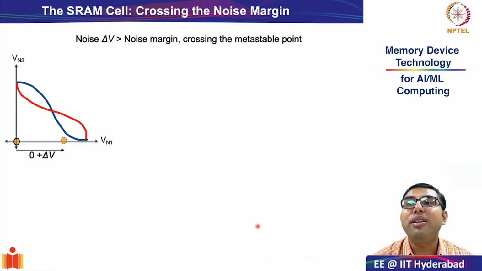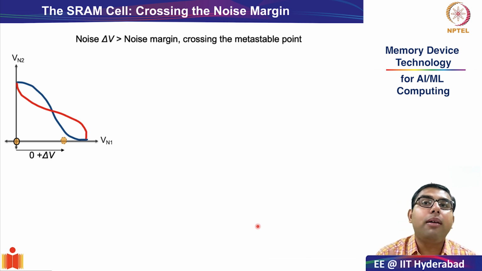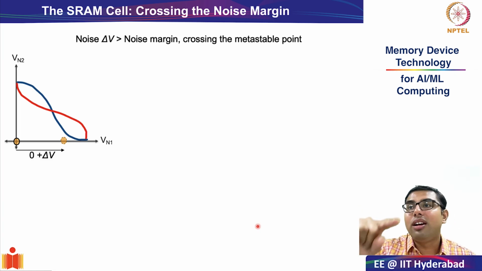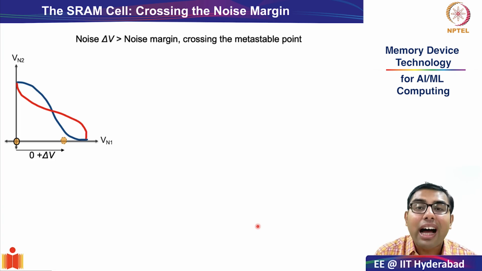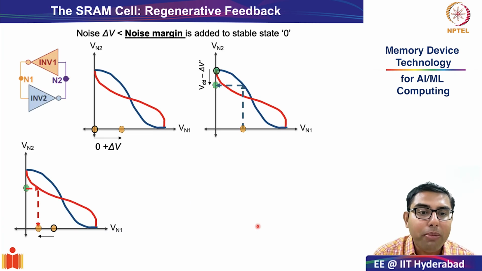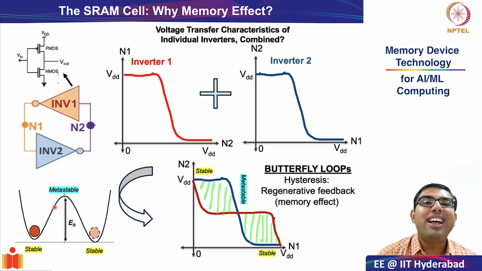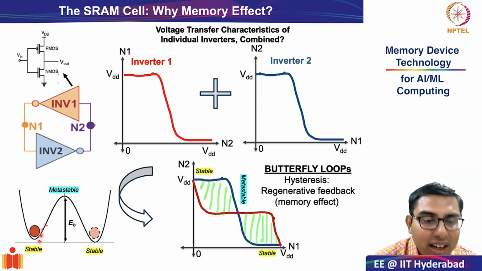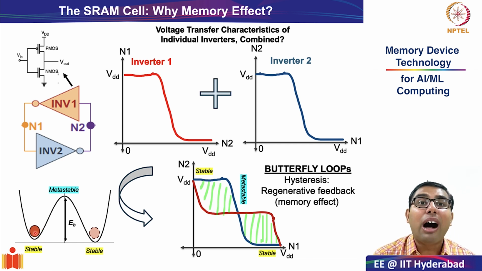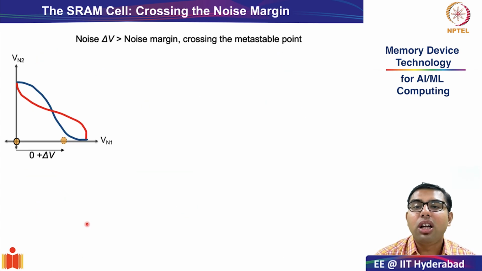The noise margin is not infinite. If you push the system out of some stability point, just like try to recall the W-shaped curve, within the height of the barrier, if you disturb the system, you will be able to regeneratively feed back. What I mean essentially is, if I disturb this system only till energy value less than EB, it will roll back after a few bouncing and come back over here. However, if I disturb it beyond the metastable point, there is a chance that the value will flip. And this is what we will see in the second graph.